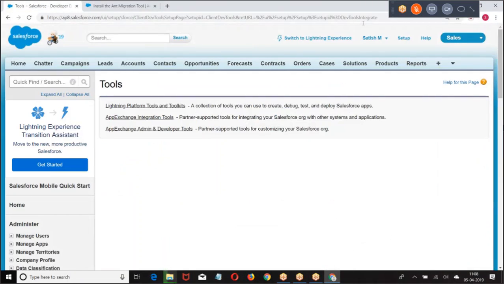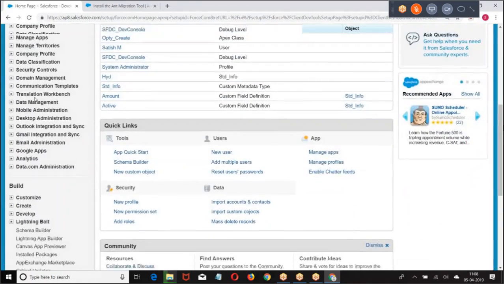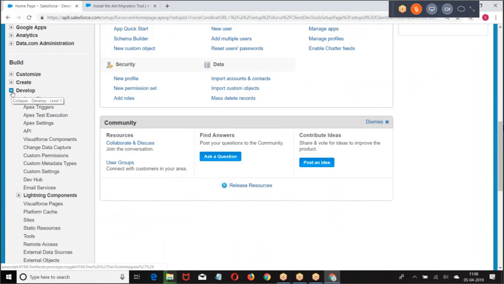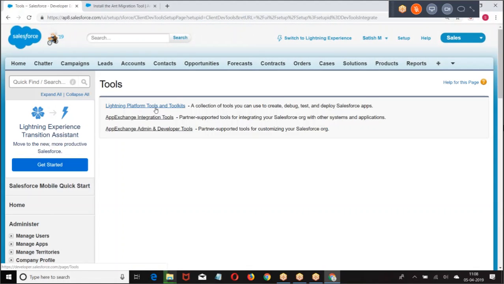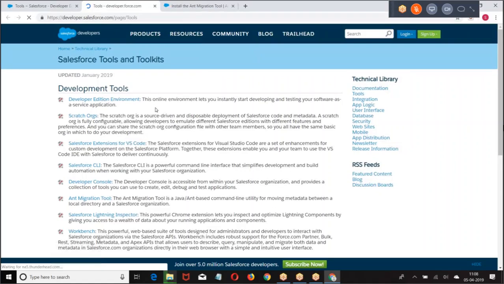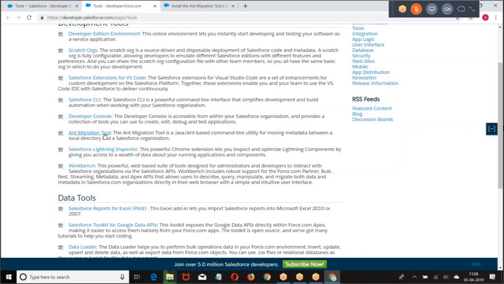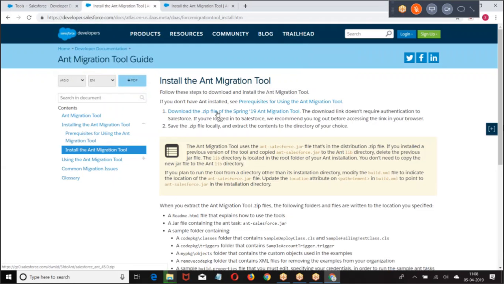Setup, build, develop, tools, writing platform tools and toolkits. Then we have ANT migration tool, download the zip file. So once you got this, then we are supposed to download